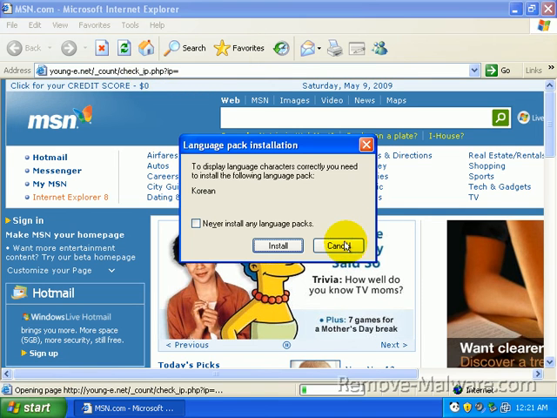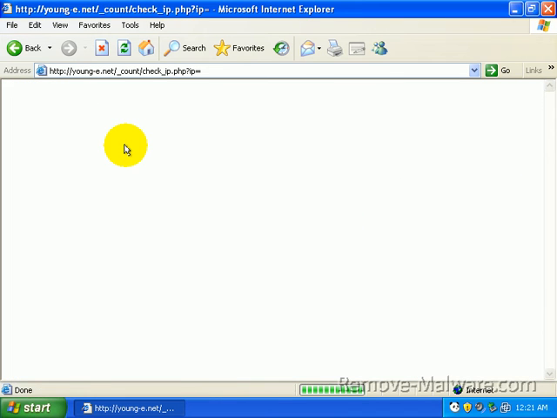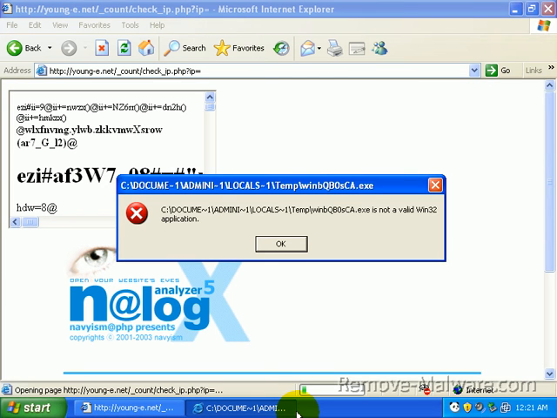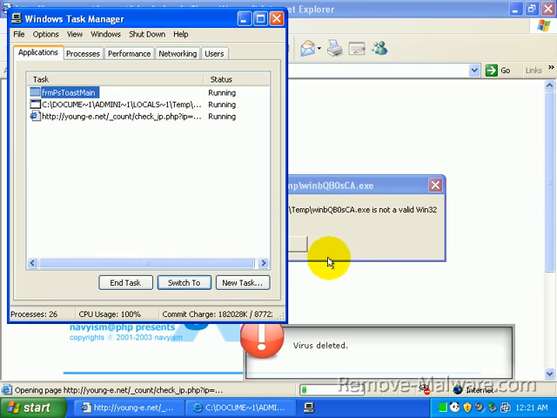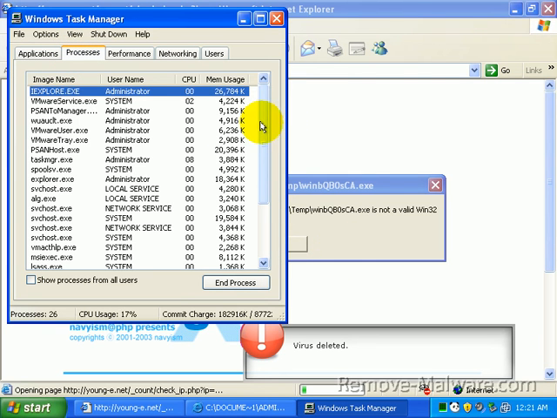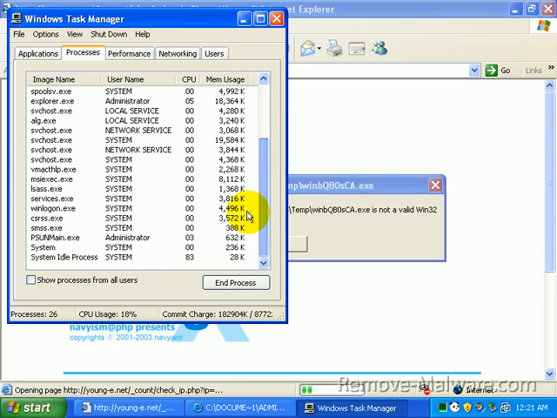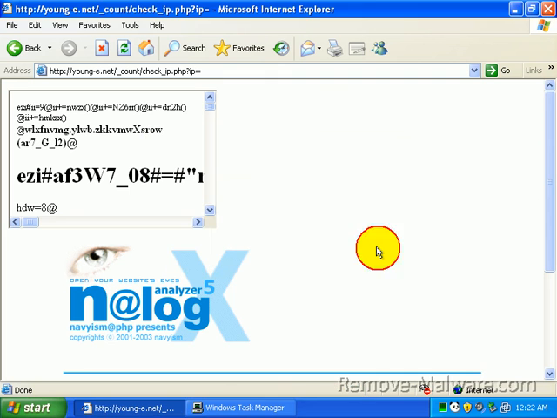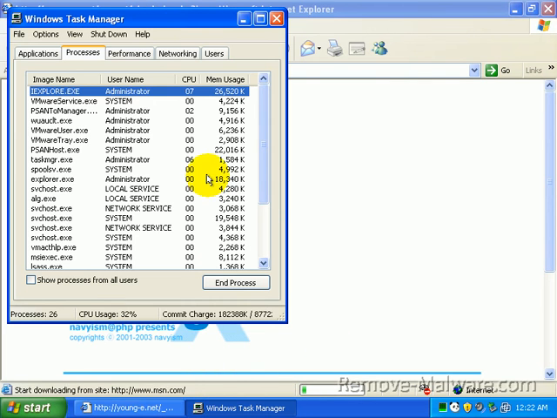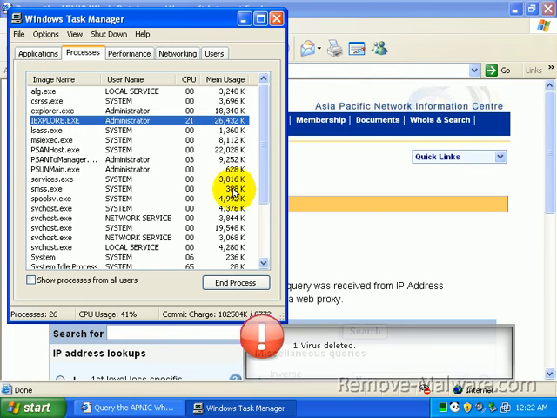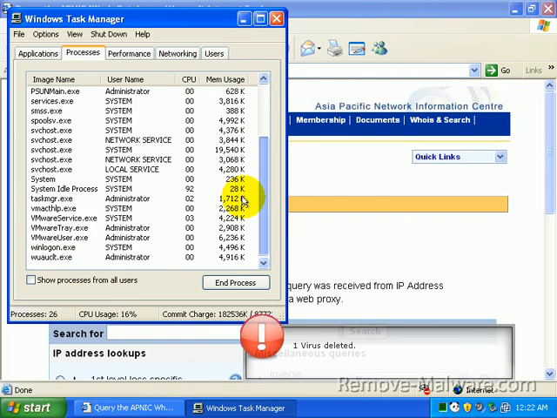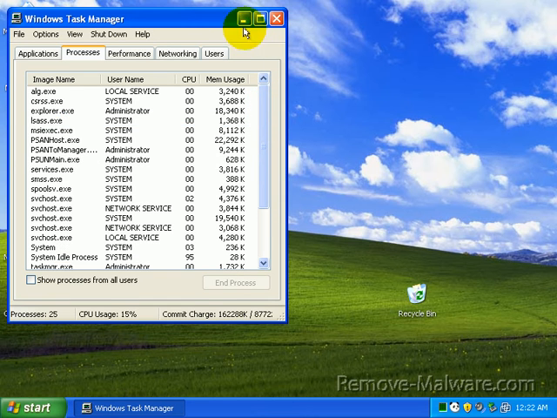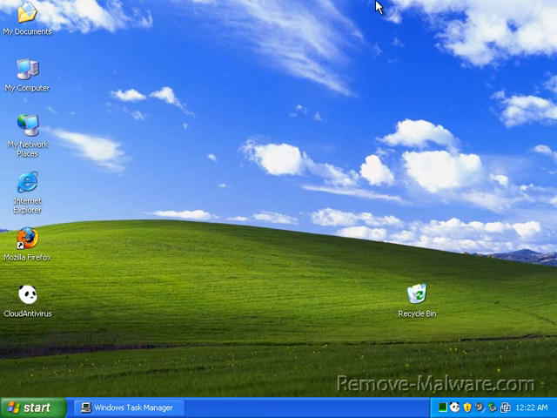Okay, it's asking me to install language packs. I'll just hit cancel. Okay, looks as if Panda has caught this one. Yeah, I don't see anything else loaded. Just say okay. So the site is constantly trying to load malware into our box, and we'll just go ahead and close it, because at that point you would just close the site. So we've blocked 3,